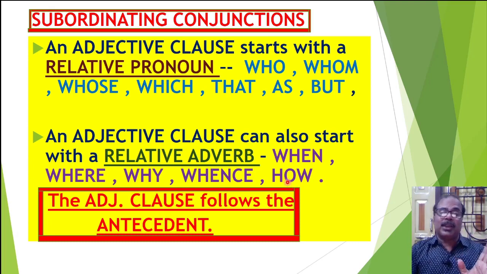Now remember one thing, you should keep it prominent in your black box. The adjective clause follows the antecedent. So generally after the antecedent, the adjective clause must be used, and the adjective clause begins with a relative pronoun or a relative adverb. So after the antecedent, after the noun or pronoun, the adjective clause must be placed, and that should begin with, generally that begins with, in some cases, in the